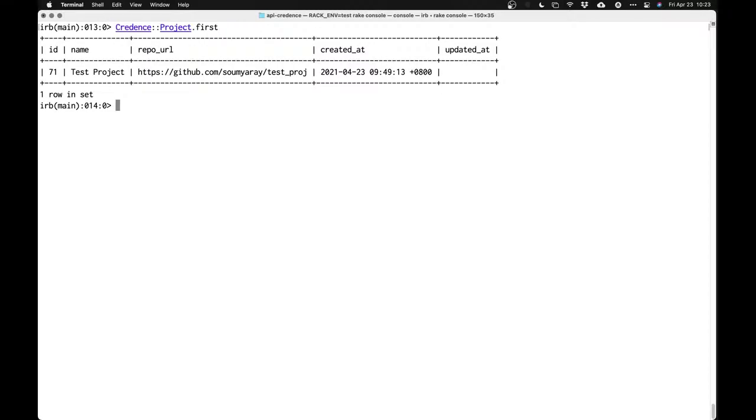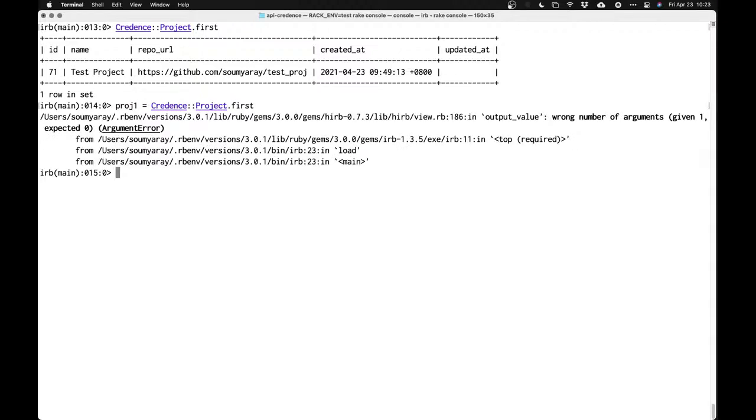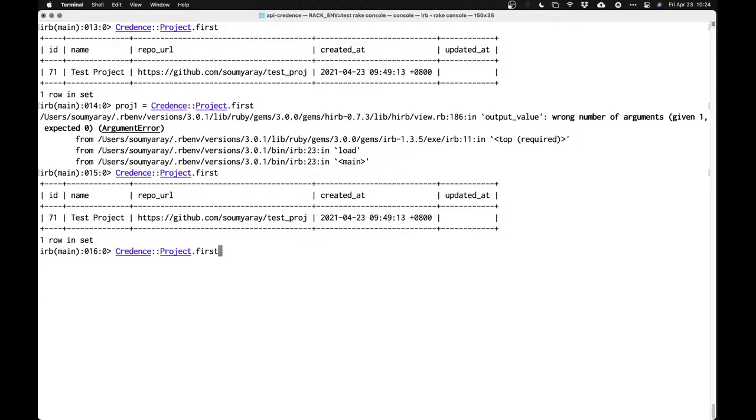But remember, I also said projects have documents, right? How can I find the documents that belong to this project? So first of all, let me just call this proj1. All right. So, oops, what just went wrong? Wrong number of arguments. Project first. Proj1 is equal to,